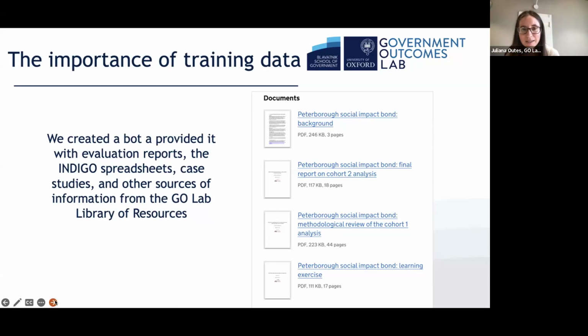And this is the list of all the resources that we uploaded to ChatGPT. We have a document on the background of the Sieve, some final reports. We also have some interim reports, some learning exercises. These are all publicly available documents that live on the UK government website. On the next slide,